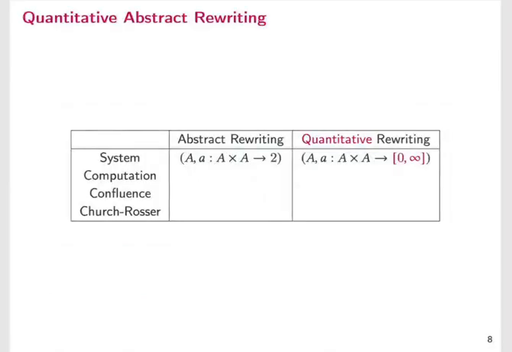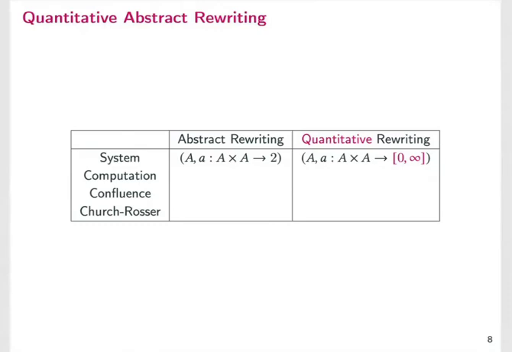It comes as no surprise that if you want to understand what quantitative confluence is, you don't need to look at the specific systems that we have in mind, but at something more general. So it makes sense to approach this notion in the setting of abstract rewriting. And in that setting, if you just look up the traditional definition, you see that a rewriting system is essentially a binary relation.